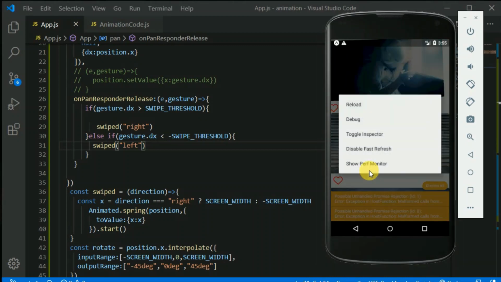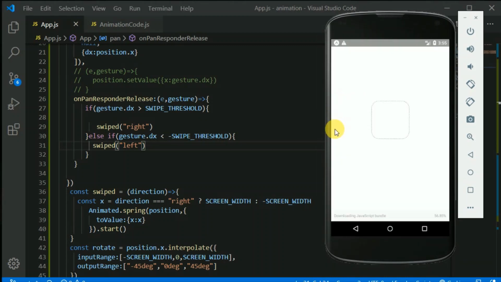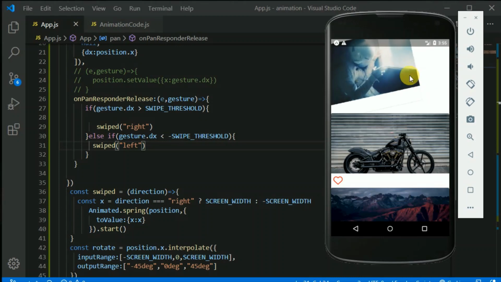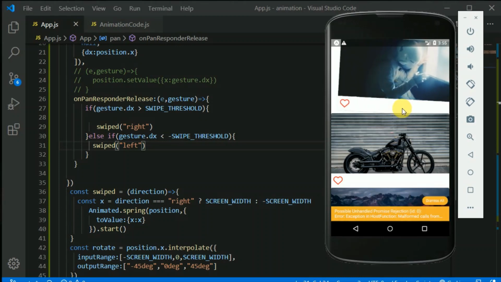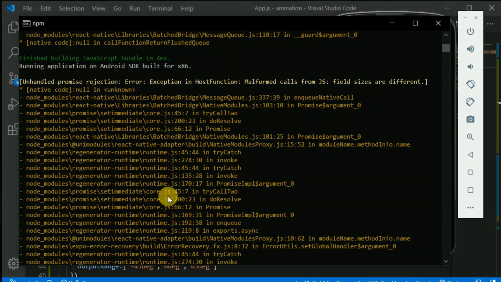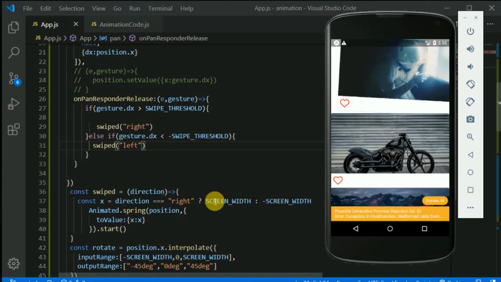Let's reload this. No, this is not working, I guess. What is this warning saying to me? Oh, I think I need to give here